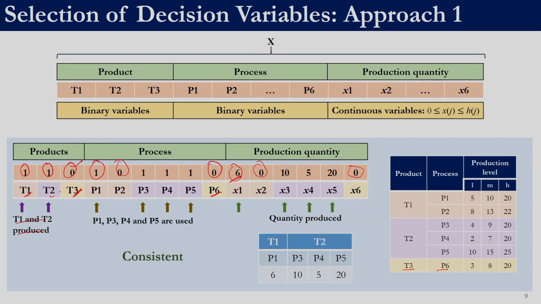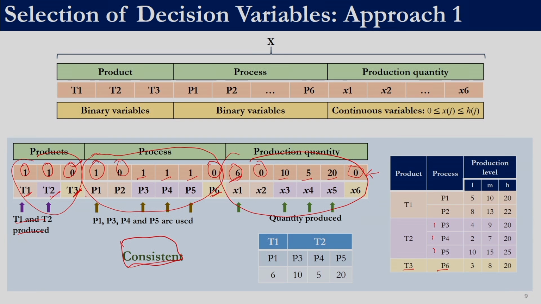And if we talk about product 2, P3, P4, P5, all of the processes are selected. So product 2 is being produced from process 3, process 4, and process 5, all the 3 processes, and all of these are non-zero values: 10, 5, 20. So in this case the encoding that we chose is consistent. The information we derive from here is consistent with this, and these two are consistent with this. That is why we have termed this solution consistent.